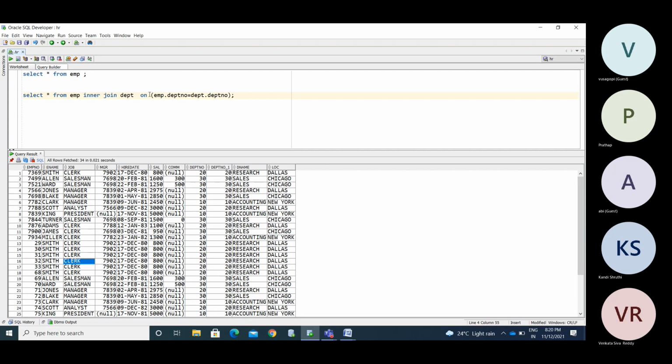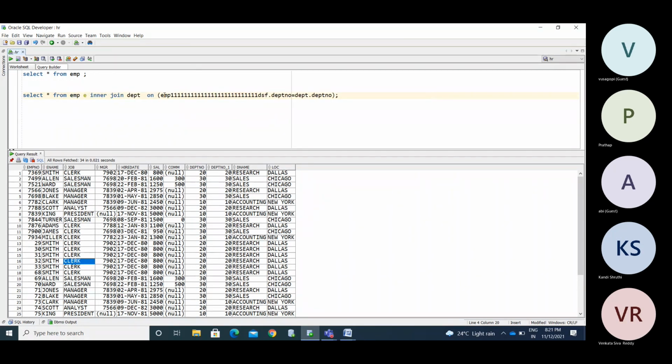So while deriving this, treat it like a big table name. Instead of taking this big name as the reference for this column, I can provide some alias name.